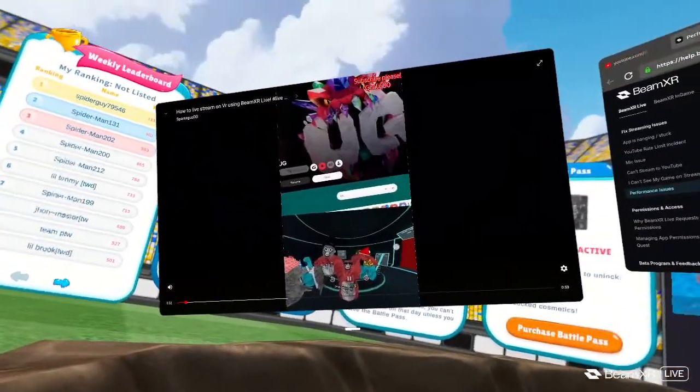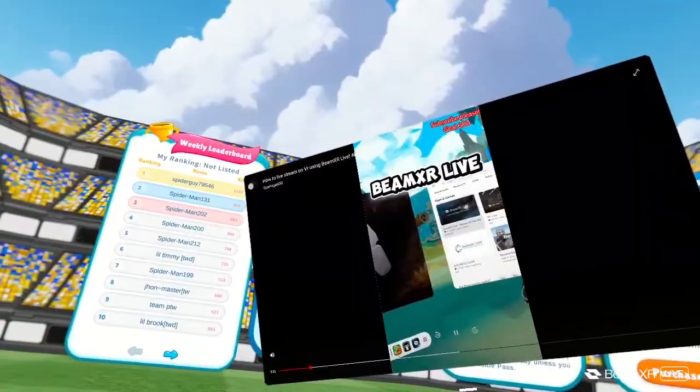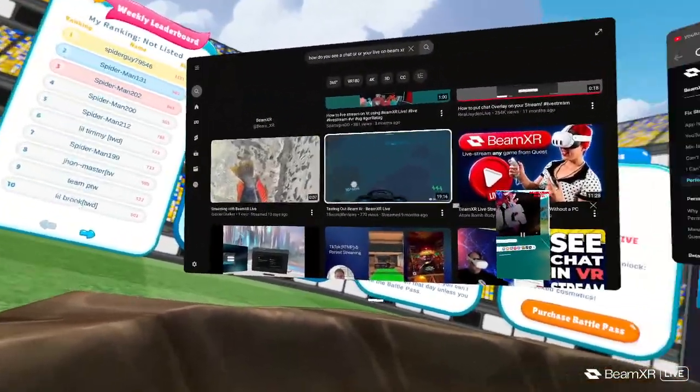So first you want to go to the store that you have. You want to search up BeamXR space live. This will pop up and you install it. Then